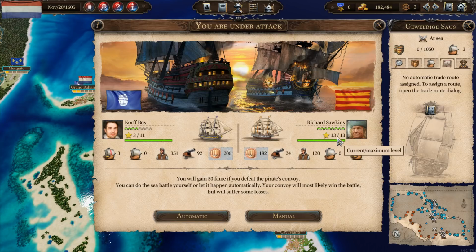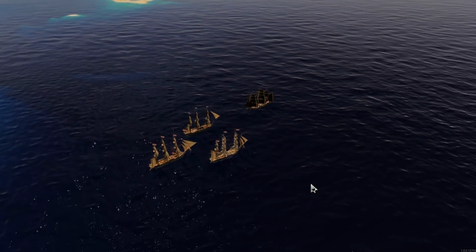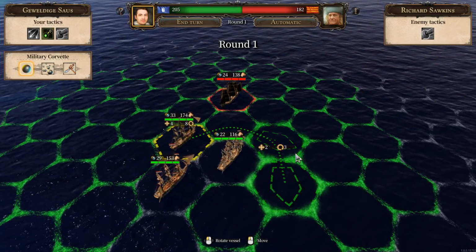But you know what? We could actually potentially get another ship. He's only got one ship. You know what? Am I going to do it? I am going to do it, I think. 3 ships against 1, 2. So I think the automatic's going to weight that power. We're going to do it manually because I think this is going to be an easy battle to win. And I think it's going to be quick as well. Alright, so